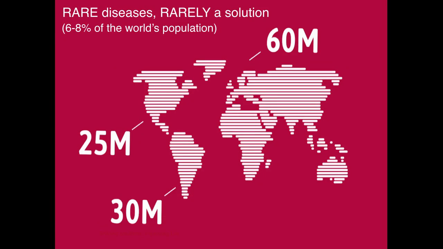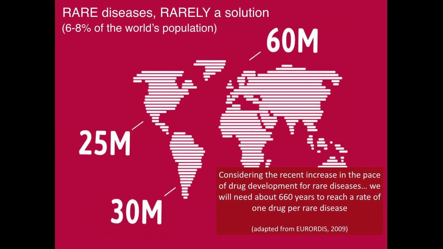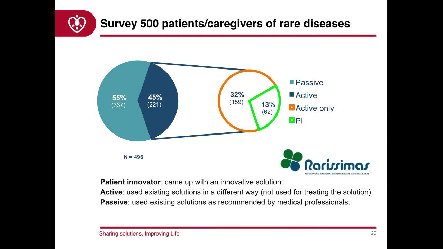Then we decided to focus for a little bit on rare diseases, because rare diseases are individually rare, but guess what? Almost 10% of the population suffers from a rare disease, which is a lot of people. And if you think about these numbers, you will see that there is a strong incentive for people with rare diseases to actually do something about it. Because what happens is that people have to do something because pharmaceuticals and science don't have the incentive to do much about it. There are some diseases with 20 people in Portugal, right? So there's not really an incentive for people to develop drugs for these diseases.